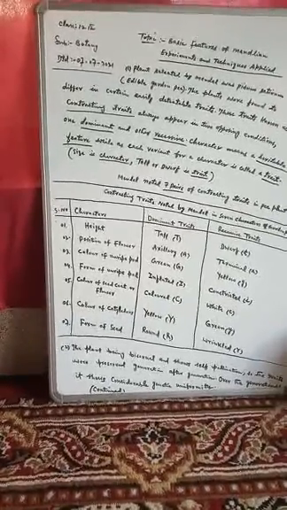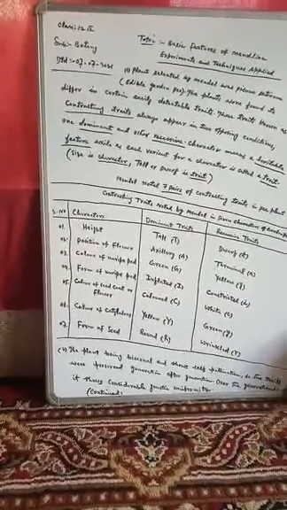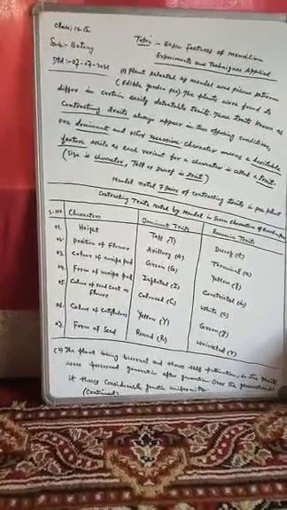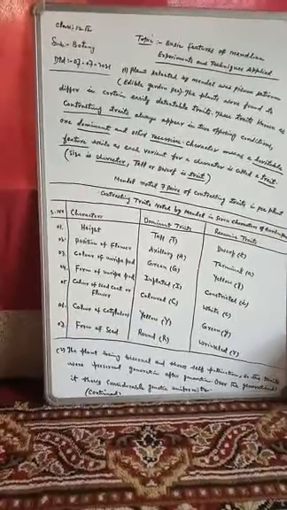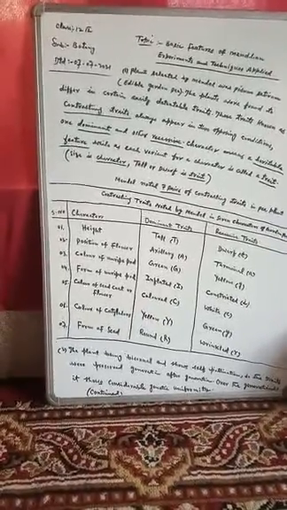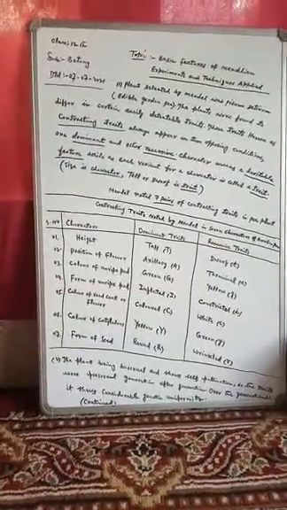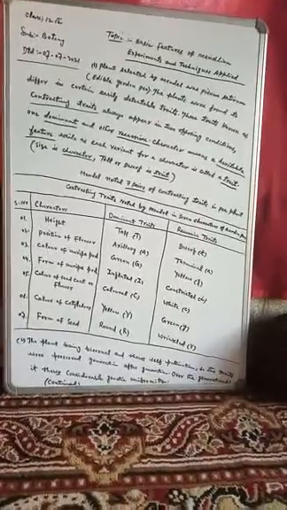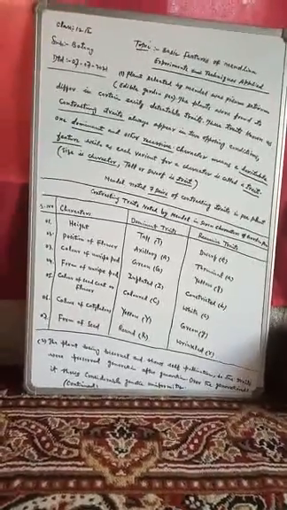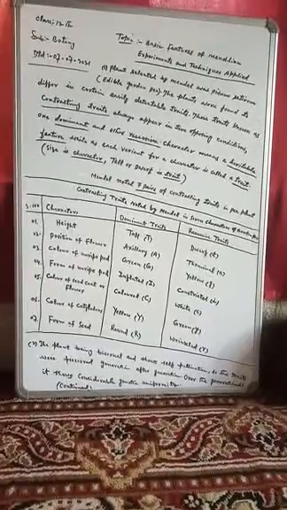So after these basic features of Mendelian experiments, and by detecting the 7 contrasting characters or traits from the garden pea, Mendel applied the experimental techniques. Those experimental techniques which have been applied by Mendel on garden pea, we will discuss in our next lecture